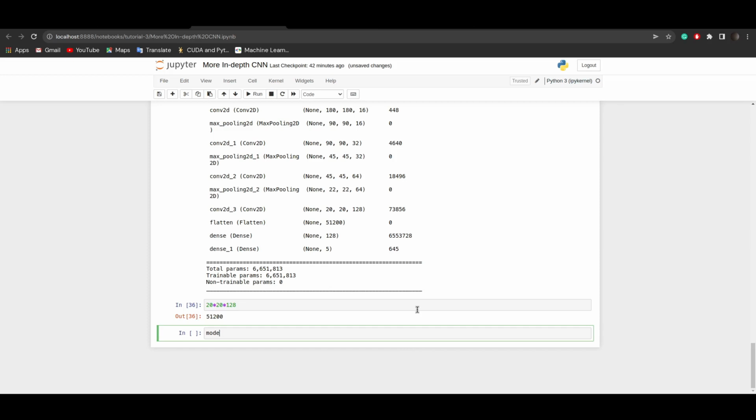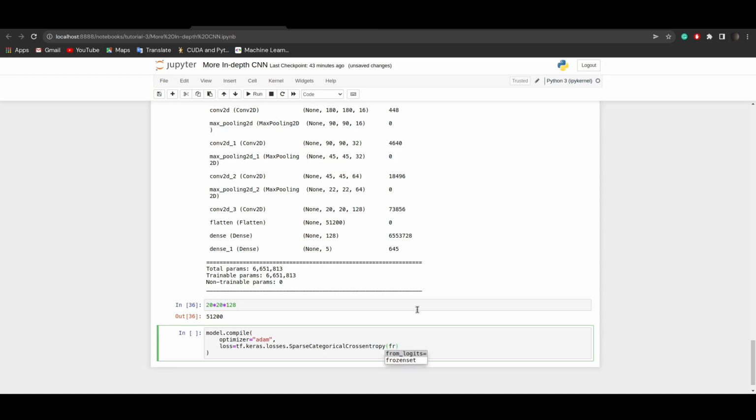So now we have to compile the model, so model.compile. Now of course we have to pass different parameters. So optimizer is of course Adam, right? And then loss equal to tf.keras.losses, of course this is SparseCategoricalCrossentropy, and then let's not forget to set from_logits to True. Then we want the metrics to be accuracy,